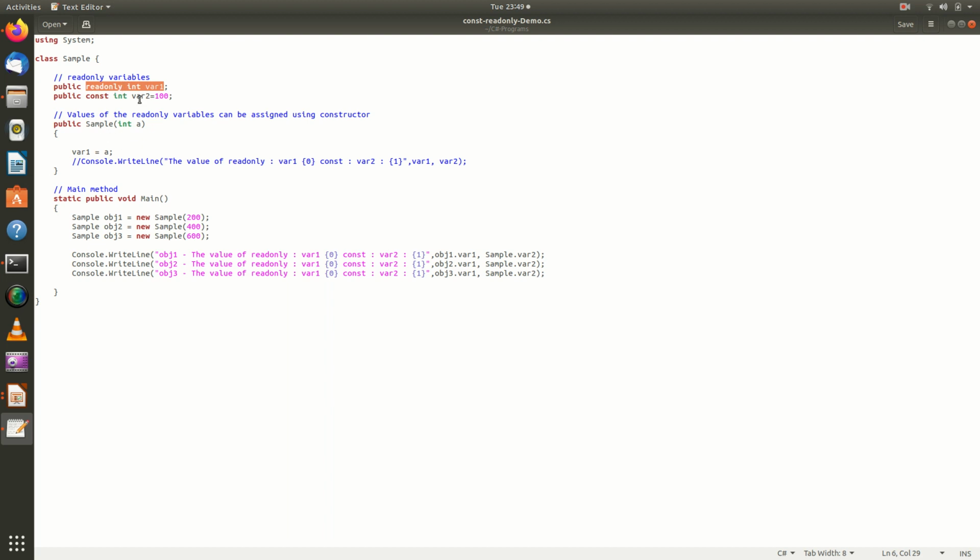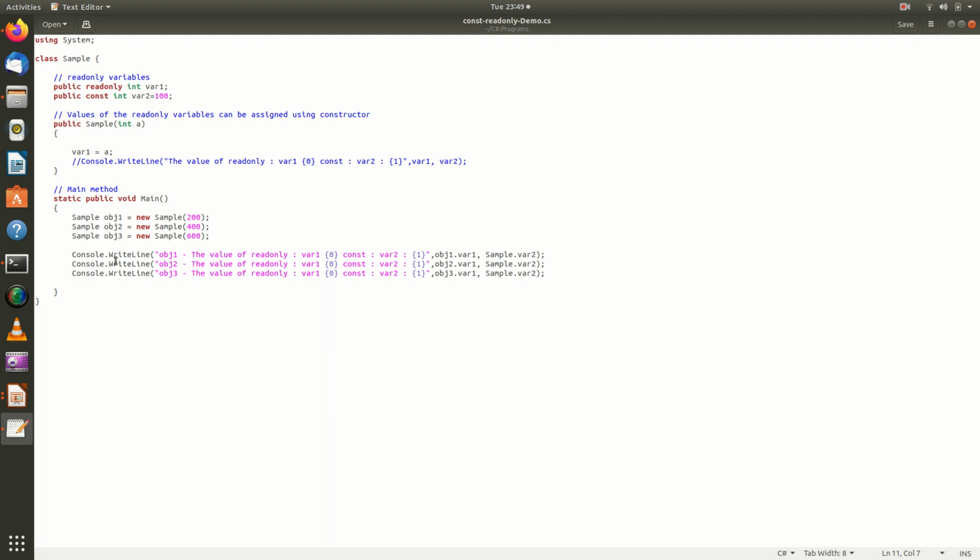A constant member must be declared and defined in the declaration itself. So I am assigning value 100 to a constant member, but for the read-only member I am passing a value at runtime which will be assigned for the read-only member.